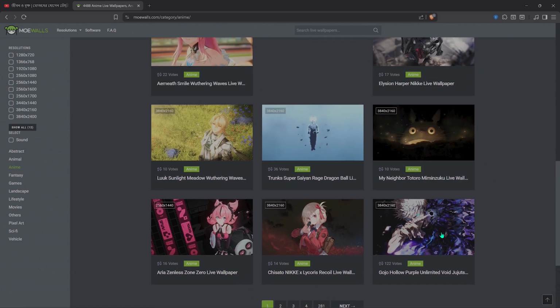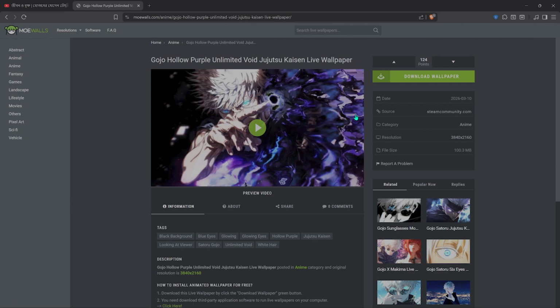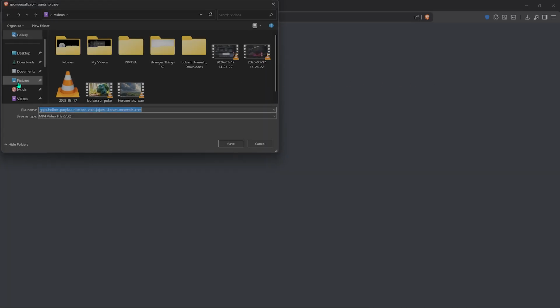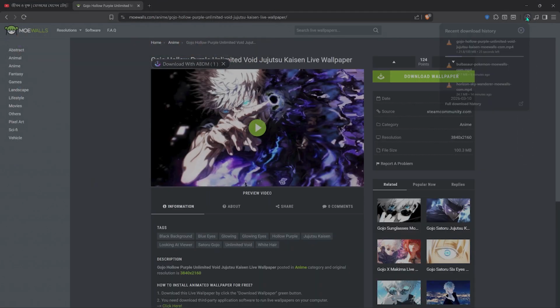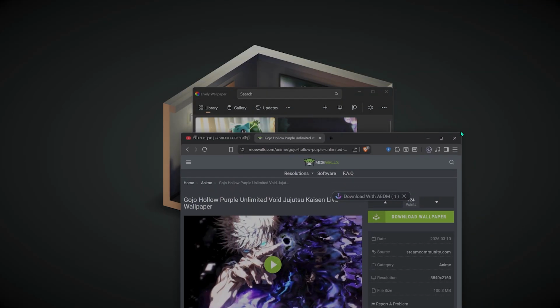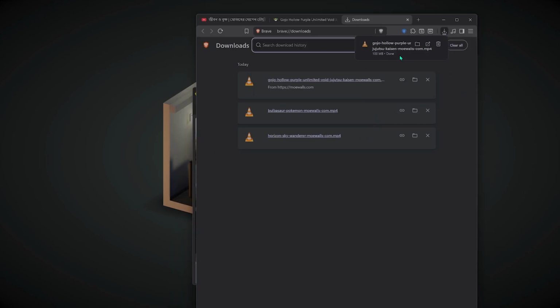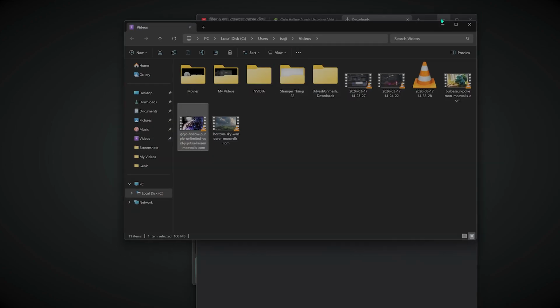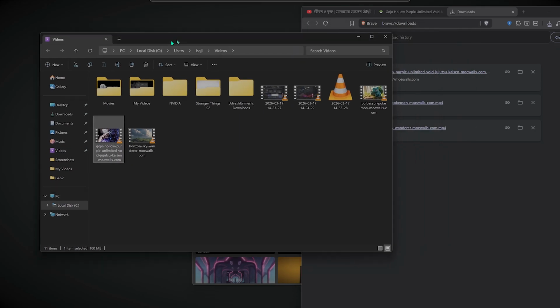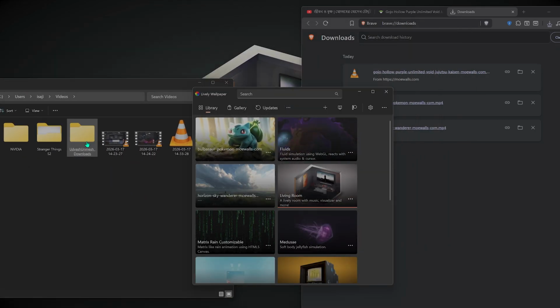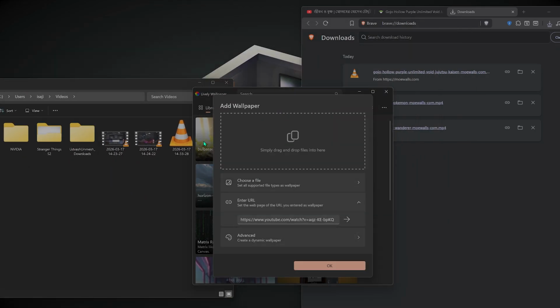I actually like this wallpaper. Let's select it. Select download wallpaper. Select where you want to save the file and let it download. So after the download is complete, all you need to do is open up this file, and here you have to get this app. Select this plus option